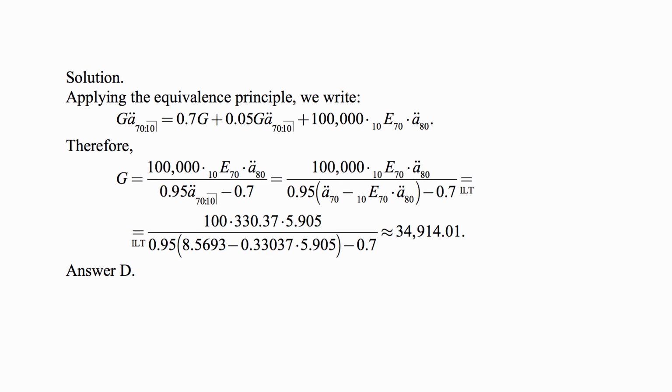A double dot 80 is 5.905. So we plug in all these numbers, and by the way, A double dot 70 is 8.5693, and we do the calculation. What we obtain is 34,914.01,